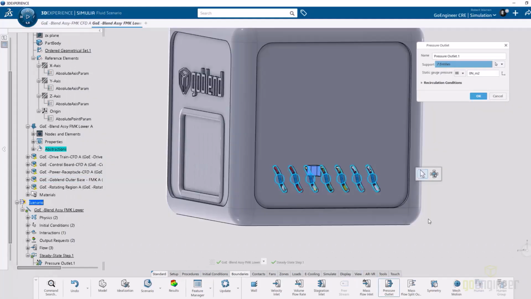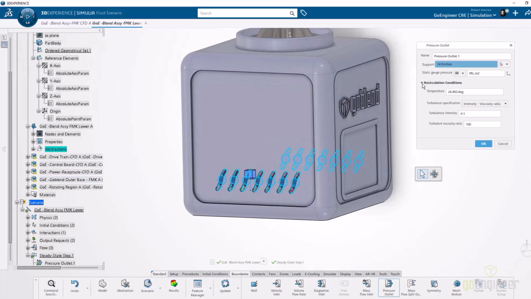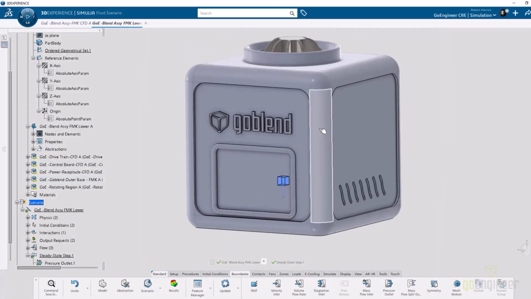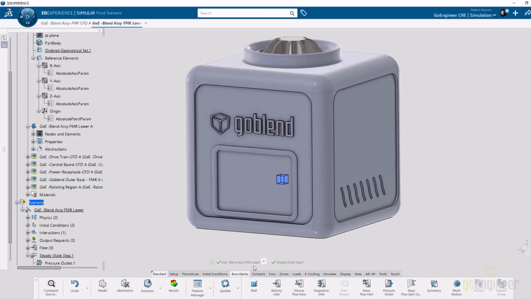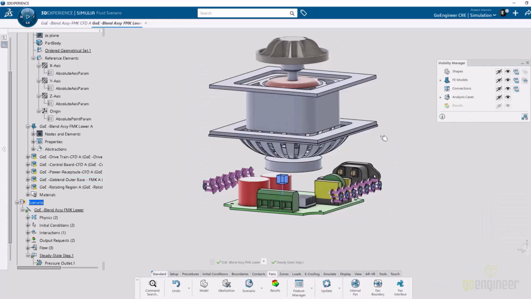From there, we're going to set up the boundary conditions of the study. Here is my pressure outlet. So we're just specifying that that is ambient conditions. I'm going to go ahead and go in and add additional boundary conditions here. I'm going to specify, let me hide this,